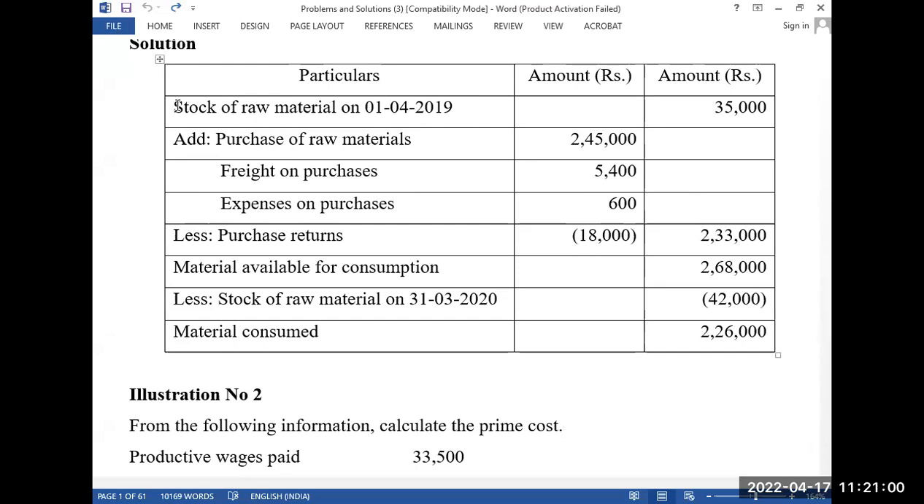That logic understood? Clear. Same logic. There is only quantity. Here it is value. Okay. So